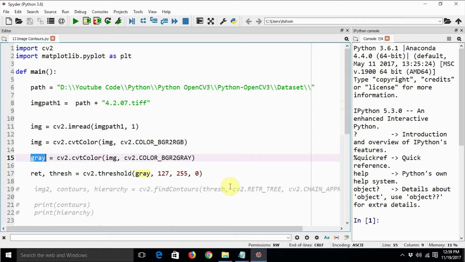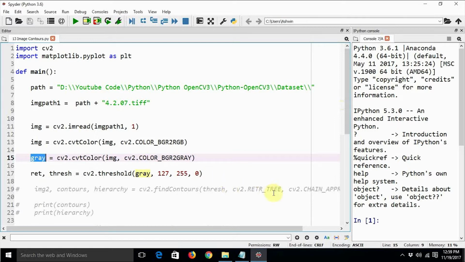Again, you might be asking why we are using a binary image to find the contours. For a binary image, it is very easy to find the contours because the boundaries in the binary image are clearly marked. Either you have a white pixel or you have a completely dark pixel. There is nothing in between.